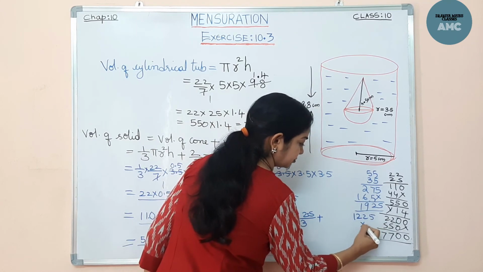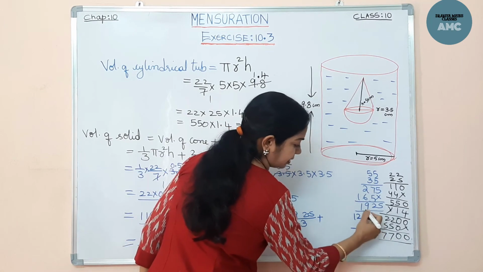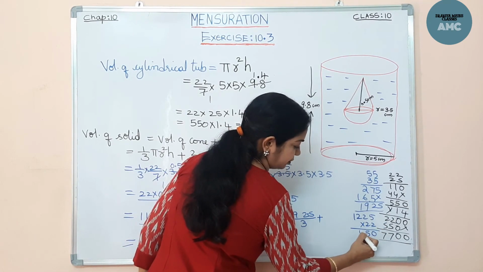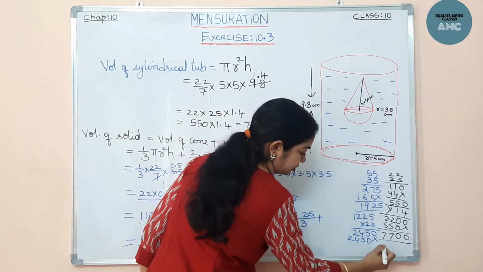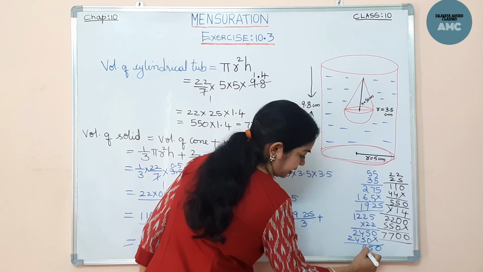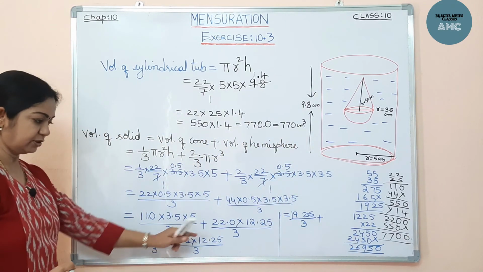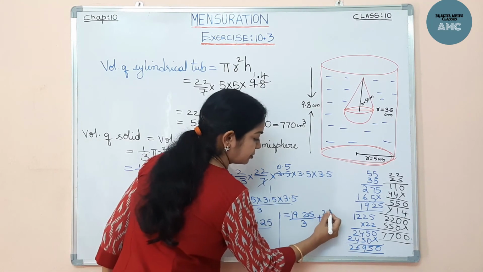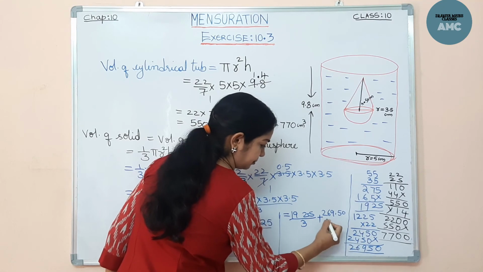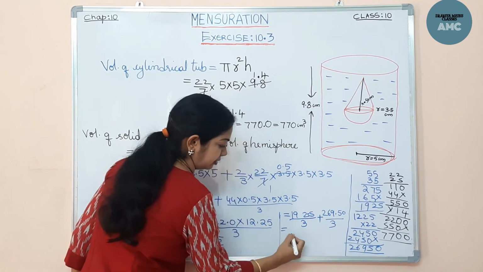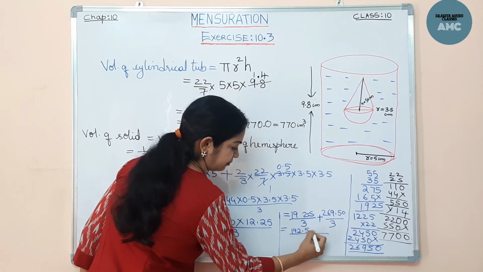into 22, isn't it? 1225 into 22. 5 2s are 10, 2 2s are 4, 5, 2 2s are 4, 2 1s are 2. The same thing you write: 0, 5, 4, 2, 0, 5, 9, 6, 2. So that is after 2 digits, so 269.50. This comes to here by 3. So here you can take 3 as LCM, 192.5 plus